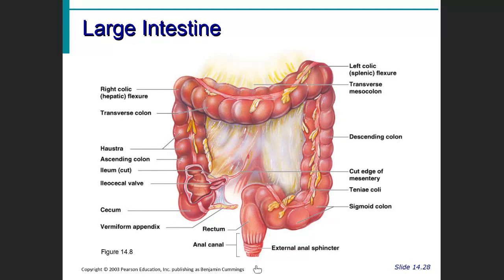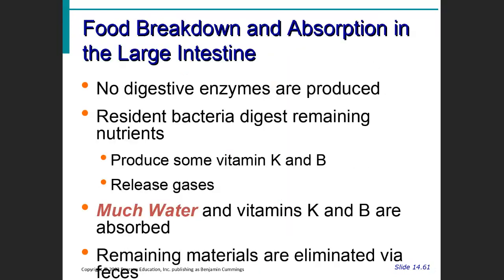Okay. Now, next slide just shows you a little bit about your large intestine. You're not really digesting anything there. You have all that bacteria. They produce the vitamins for you, vitamin K and B vitamins, and also the gases. Now, the gases are their waste. The bacteria make waste like all other organisms do, but their waste is mostly gas. And when that happens, the gas accumulates in your large intestine, and we know sometimes it escapes, and it could be a little embarrassing. The smell as well is from the bacteria. It's not from you.